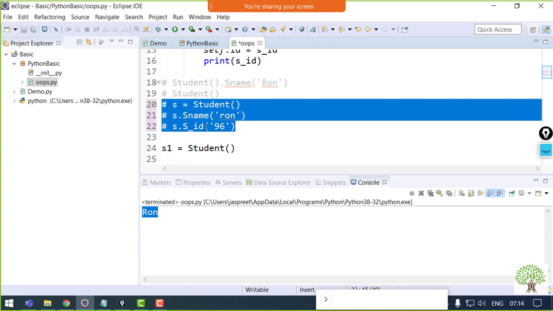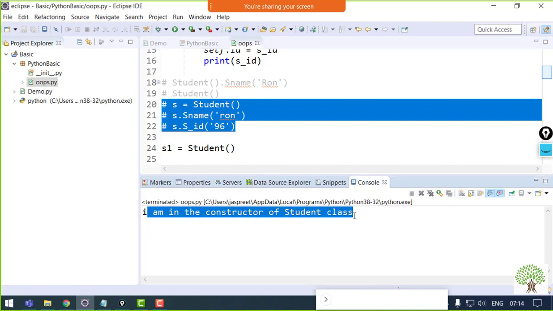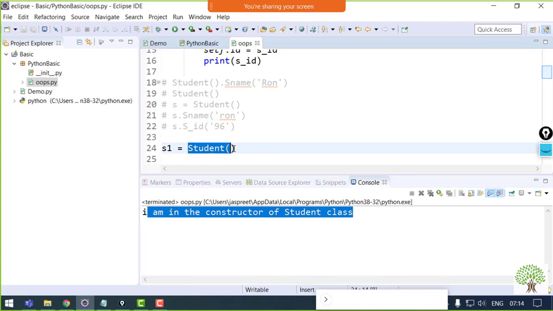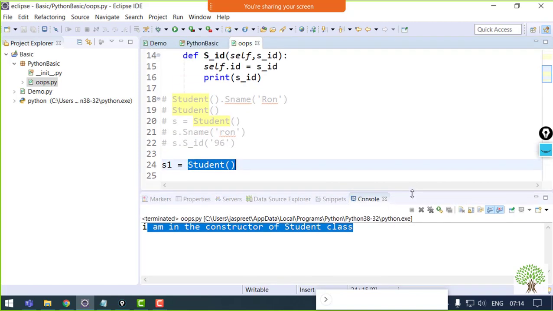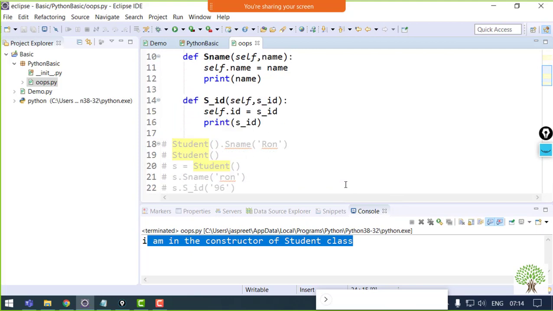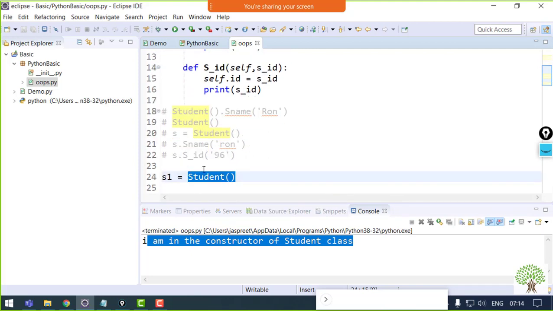I'm commenting the first one. So now you can see that I have not called any function or any of the variable. It just has been printed from the constructor. Why? Because whenever the object is created, it looks for the constructor. If the constructor is not available, then it's fine. It will move further to the next statement and will move according to the given sequence.